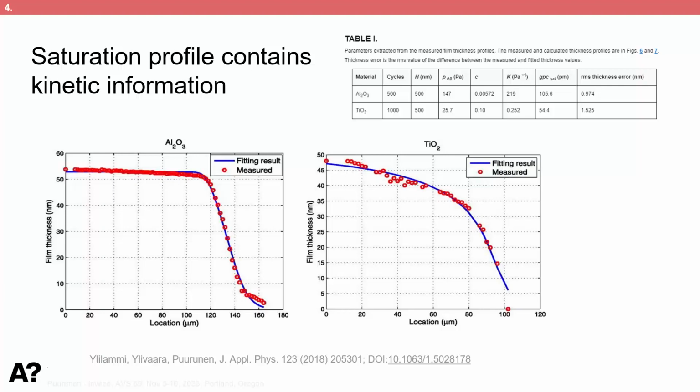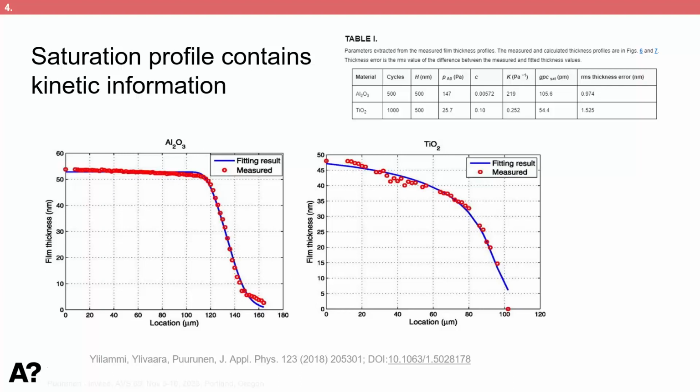Titanium dioxide had a different trend. So there's a decreasing trend and then a faster decreasing trend. And with this fitting, that gave a sticking coefficient of 0.1, which is a very high value, and an equilibrium coefficient of 0.25, which then tells that actually the reversible reactions are important. And